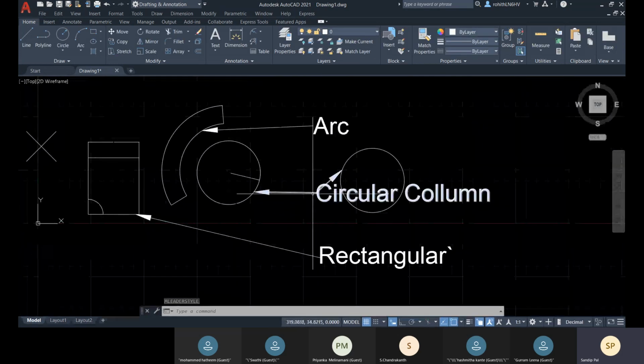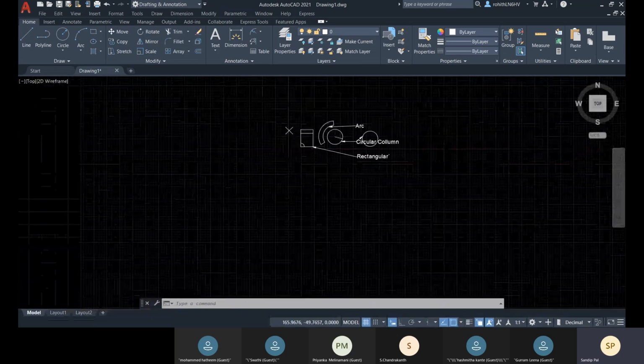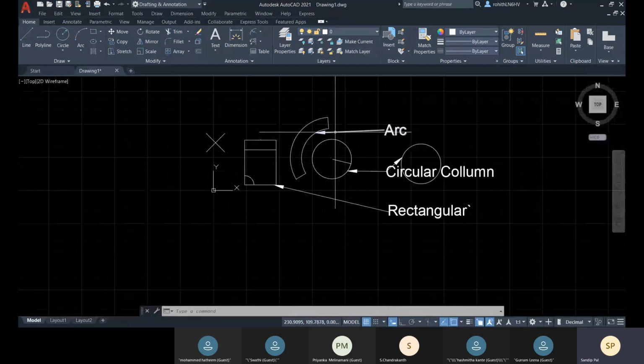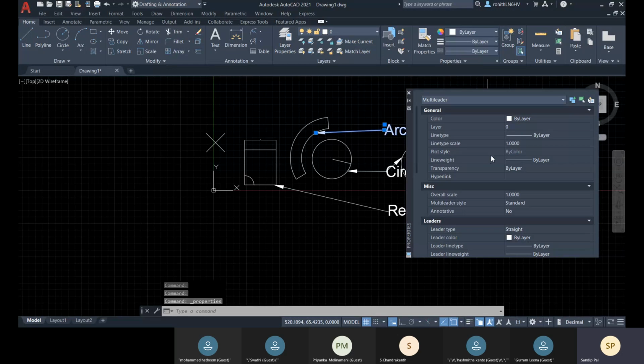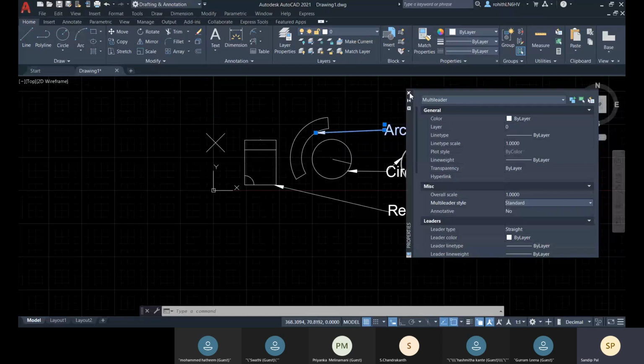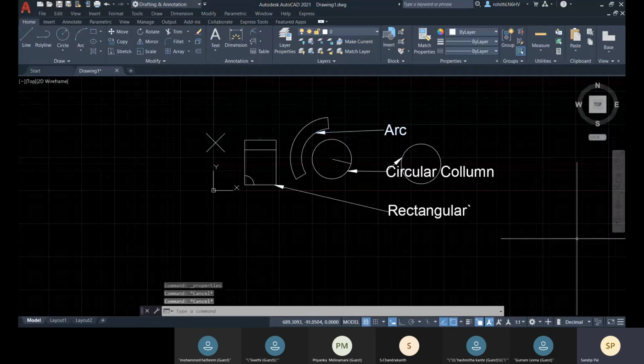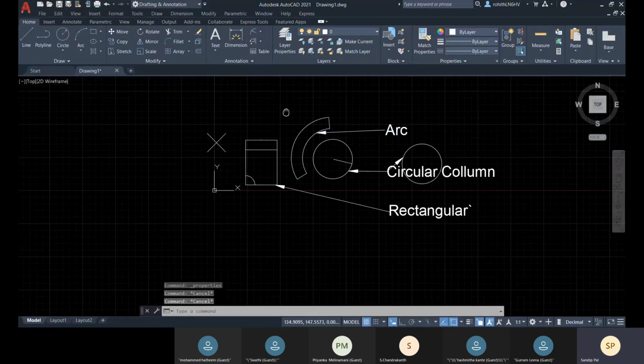And here you can see that this is the current one. So you can select this one, and there you can see that this is the multi-leader style for this multi-leader, and from this list also you can change it. So we will not change it here. We keep the standard multi-leader style.